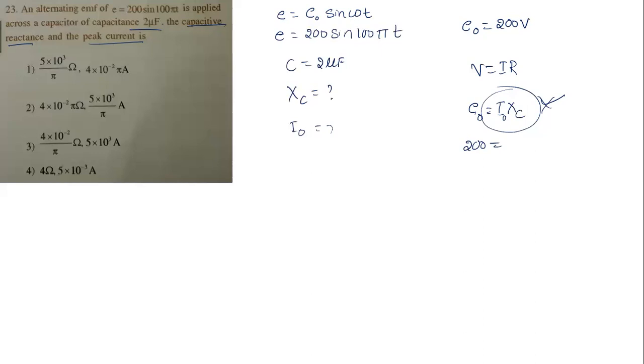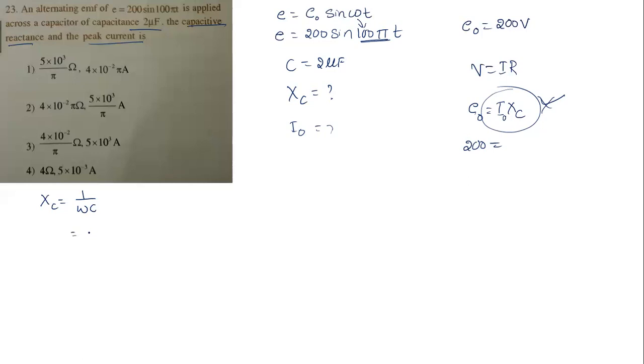First, let us find this capacitive reactance. To find capacitive reactance, what else do we need? XC is 1 by omega C. Let us find this XC first, and then we go for using that. We are going to continue. Let's find XC now. What is the formula? 1 by omega C. How can we get omega from here? This is the value of omega, yes or no?